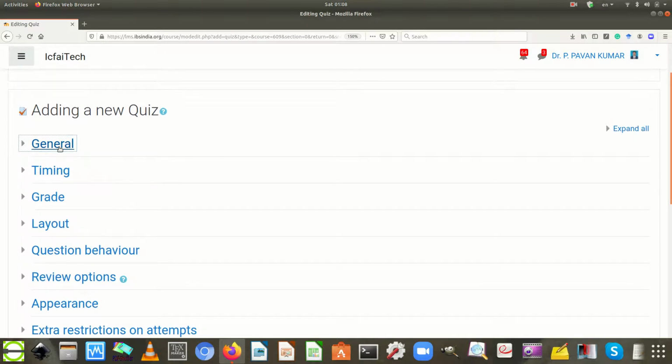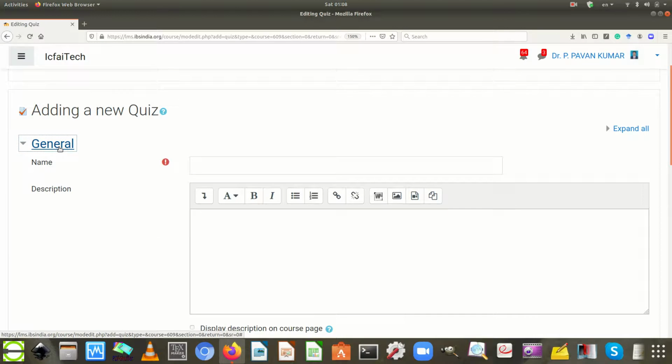Move to the general option. Opposite to the name tab, the user can specify a name of the activity called quiz. In this case, Compre is the quiz name.